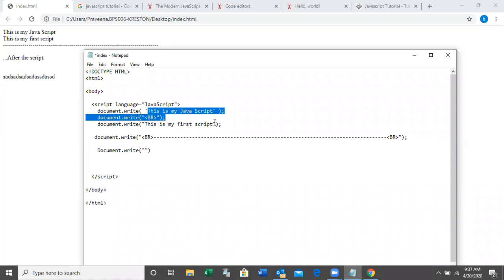This is my JavaScript, my first text. Then BR. Then this one. Right.